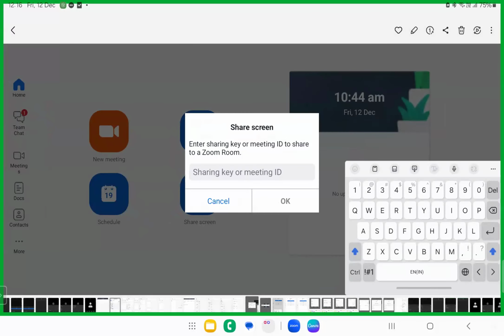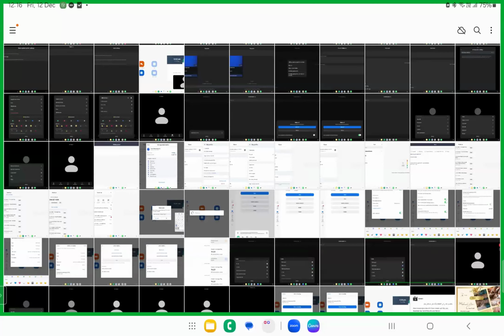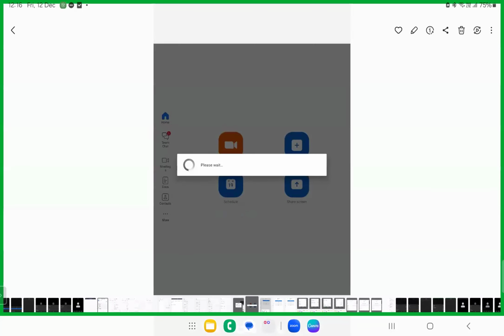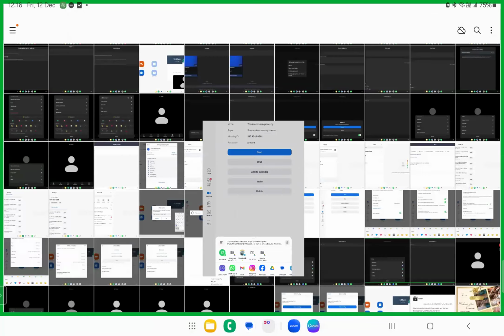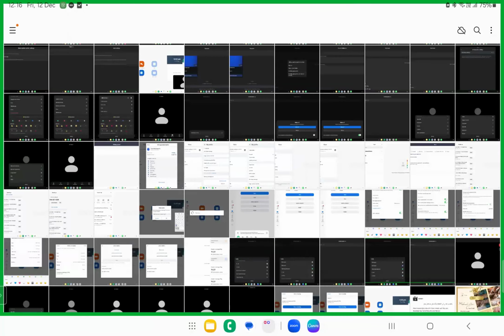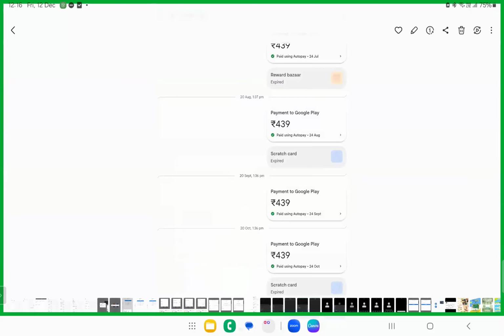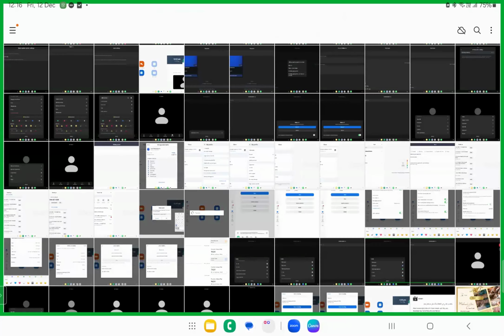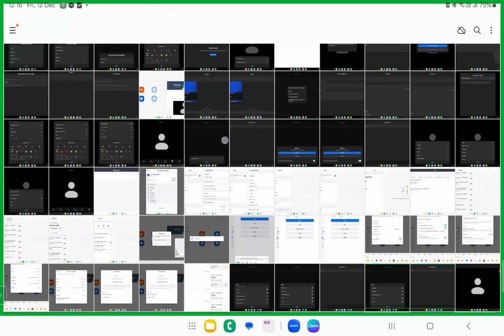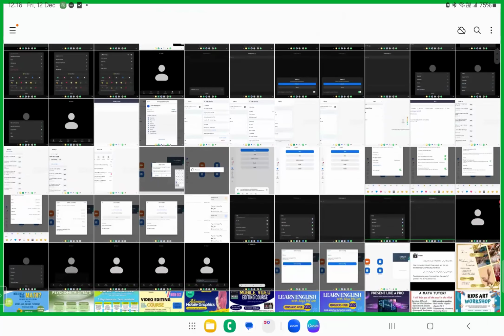There's another thing called share screen. On the very first page, can you see that? There is something called share screen. For example, think that I have this meeting arranged and I'm in the meeting. I want my student, Sister Astra, to share her screen. So I'll share the meeting ID with Sister Astra and tell her, please share your screen. So what you have to do, Sister Astra, is go to the main page of Zoom.